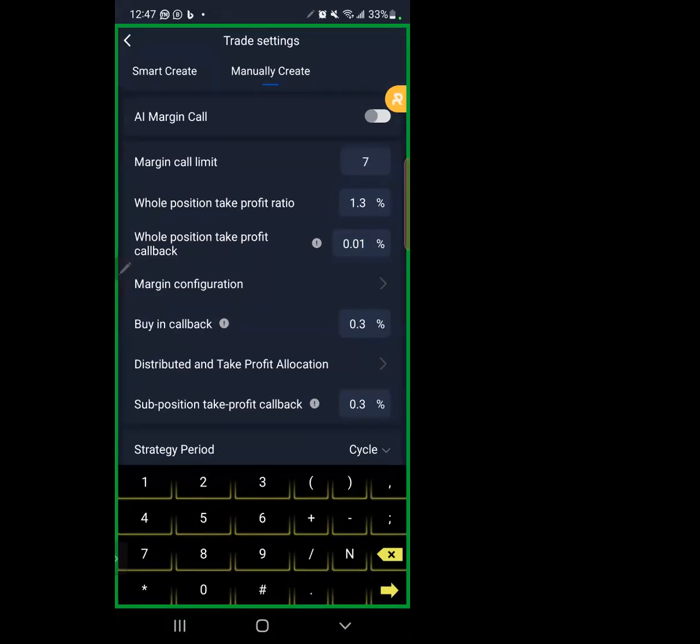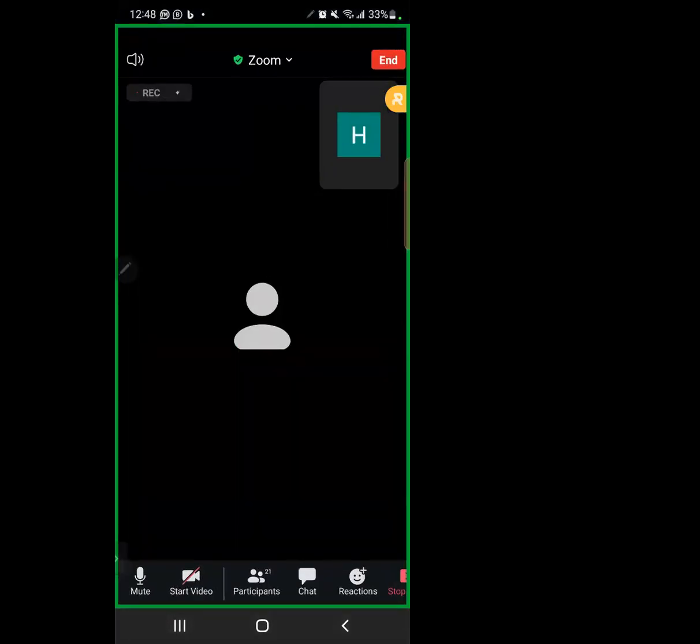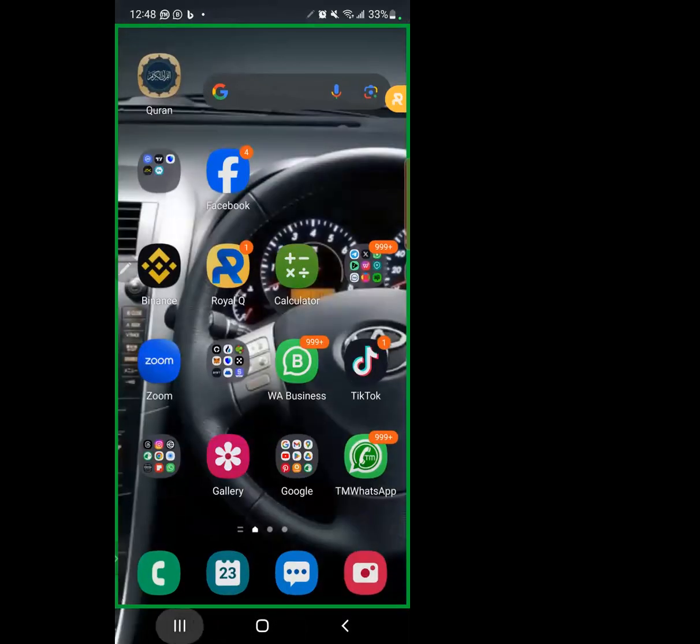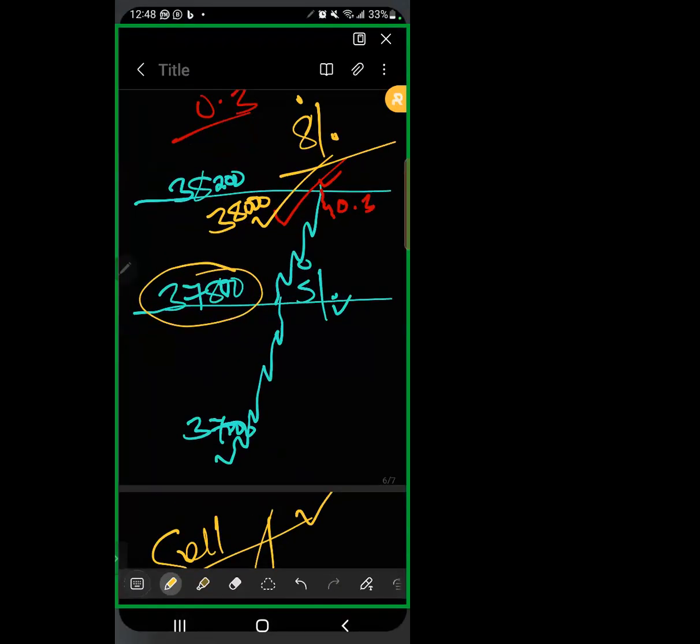But what I realized, at the take profit callback, even if you give it 0.00001, the robot will make sure it will do this callback. As it is an artificial intelligence robot, it will use its brain and take profit at a better price. You know what's up? This is what I realized. After understanding margin calls, I understood the psychology between this